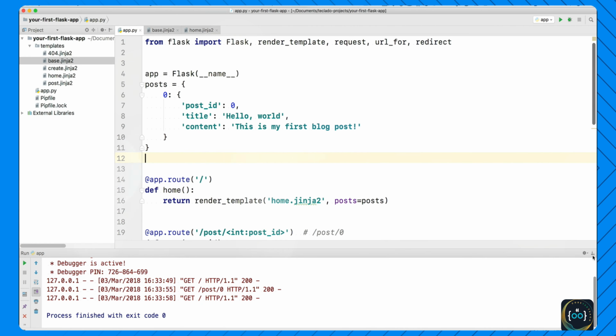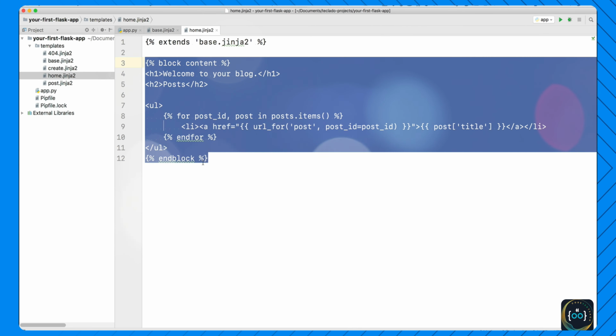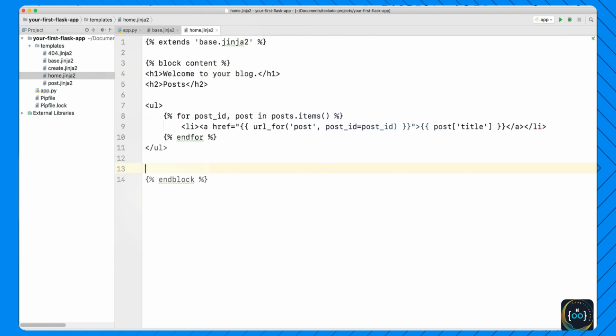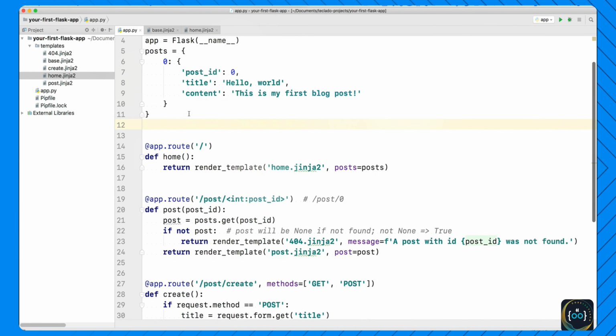So let's stop our app, minimize that and go over to the home page, and down below, add another link. Once again, I think you can do this. Hopefully you got that. In order to create a new post, all we have to do is again the same. So create an a tag, which is an anchor tag, in the href type url_for, and then here the name of the function that will give you your